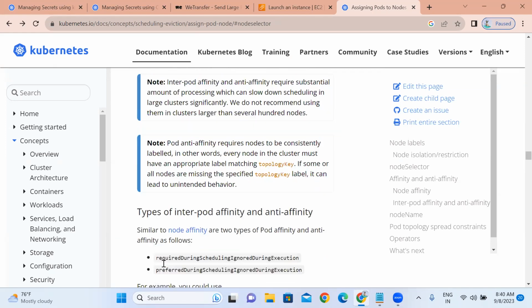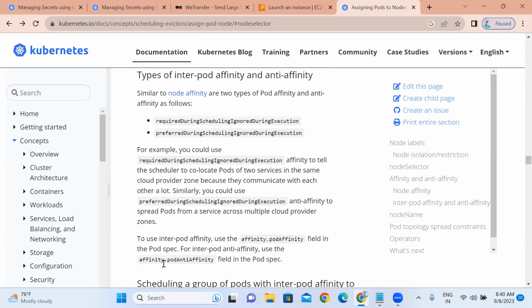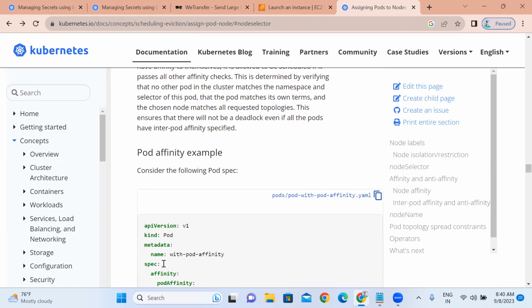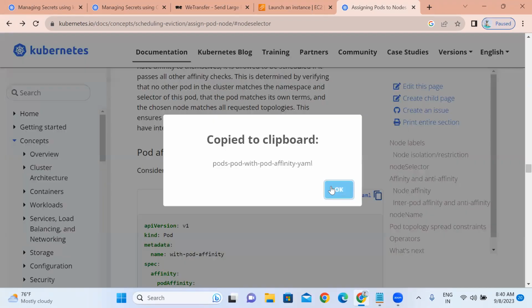So in an interview, they don't directly ask what node affinity rules are like that. They will ask you, we want to schedule pods on specific nodes. Then what is the scenario? So you want to schedule the pods on nodes. Then what is the scenario? Okay. Then here we need to go for